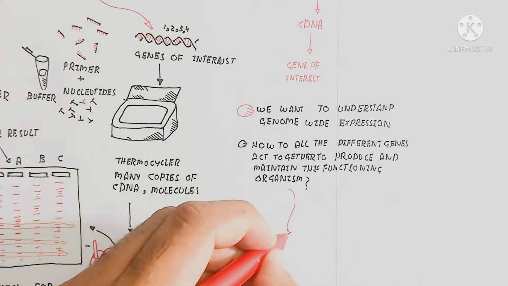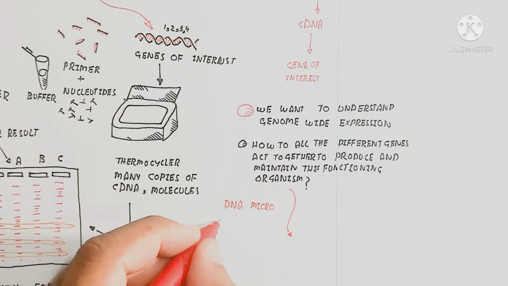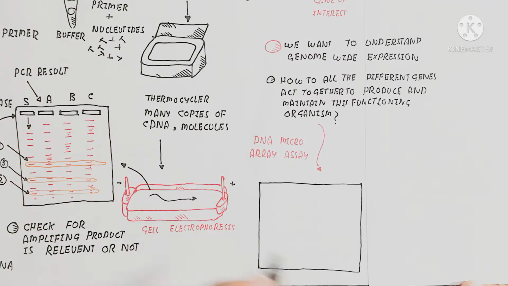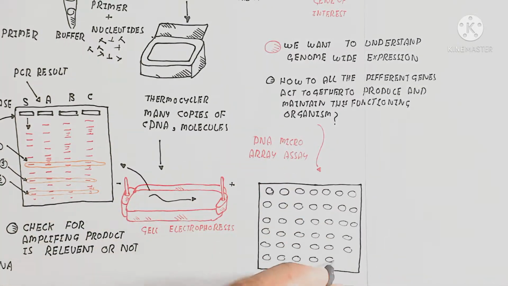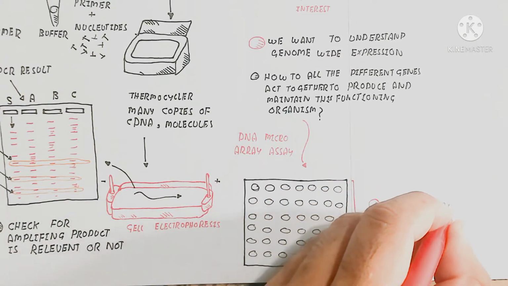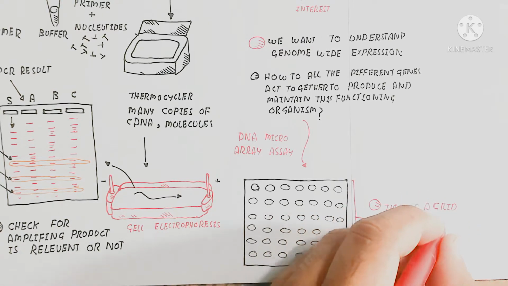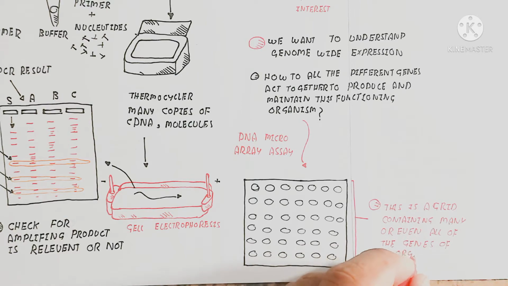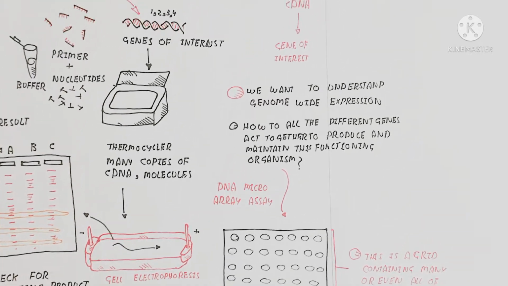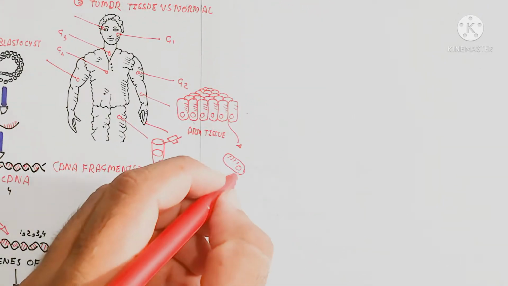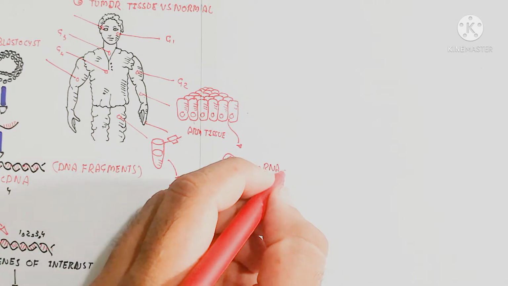We use the DNA microarray assay. Microarray assays look like a grid. This grid contains different types of probe. That probe is basically an RNA type, and we will discuss it also. First of all we should understand what the DNA microarray assay is. This is a grid containing many or even all of the genes of an organism. So all types of genes of the organism are present in the microarray assay. That is why it is most expensive.